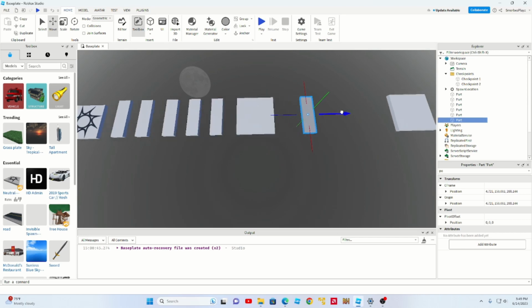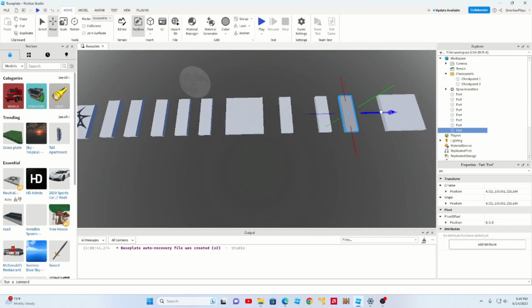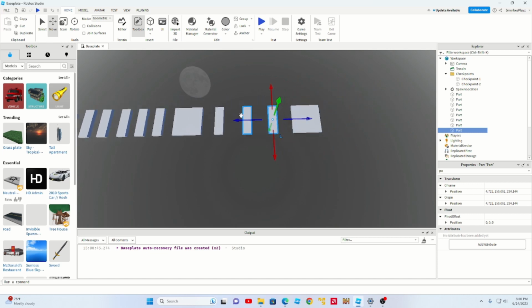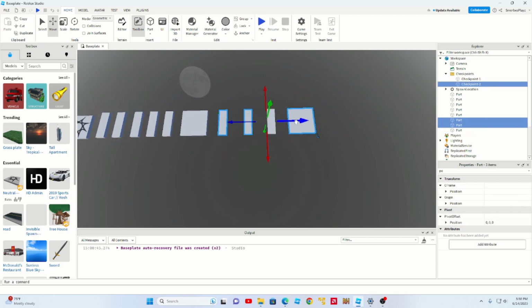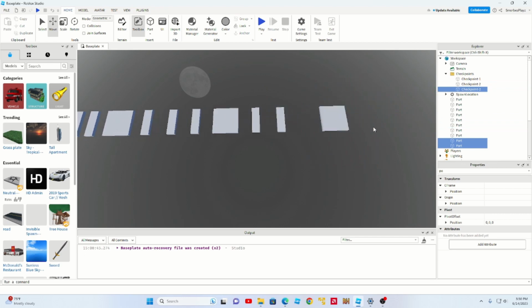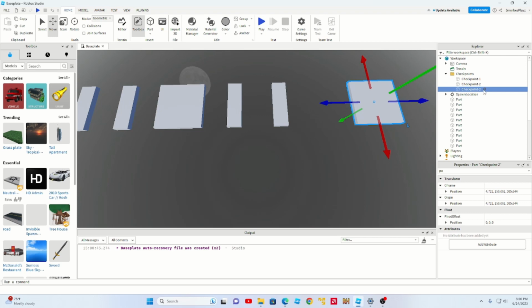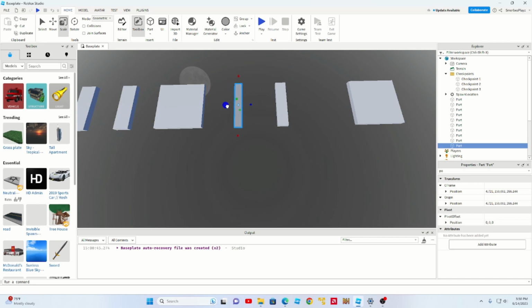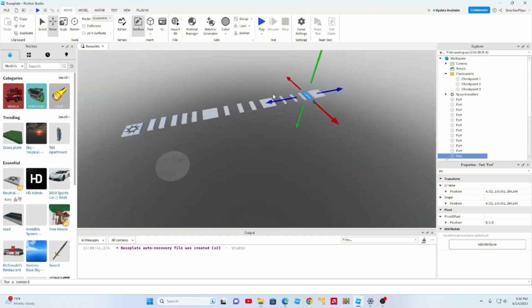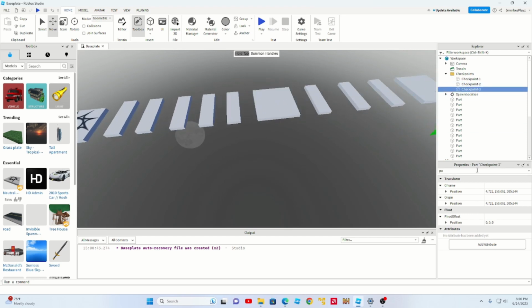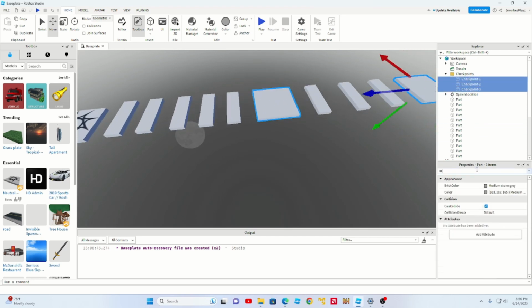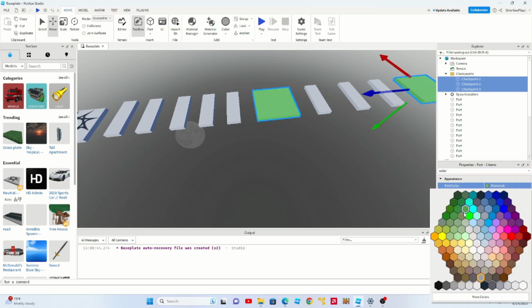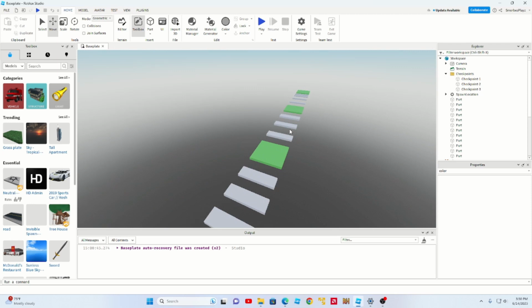and then you can make it get harder, like further jumps. Again, make this checkpoint 3, and we're going to make these smaller so that it keeps getting harder. Okay, so this is just a super simple example. I'm going to color these green, or whatever color you want, and then